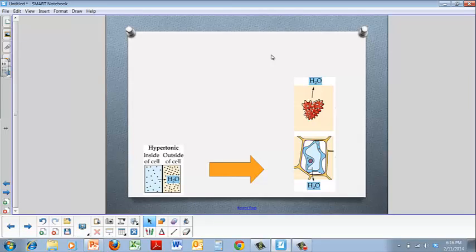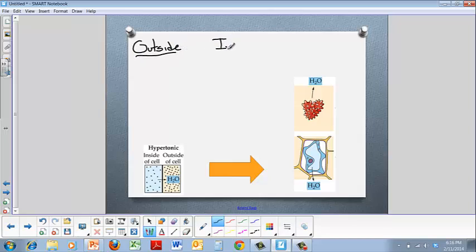Now, when I have a hypertonic solution, I still want to follow the same steps. So if I want to know what's going to happen to the cell, I have to first establish my gradient. So I have inside of the cell, intracellular, so we have a cellular environment, and then we have an extracellular environment, or outside of the cell. So we're going to go ahead and establish those two things. So I'm going to make my little chart. I'm going to have outside and then I'm going to have